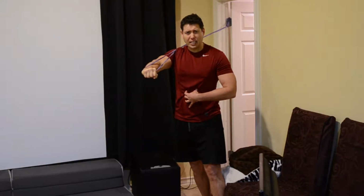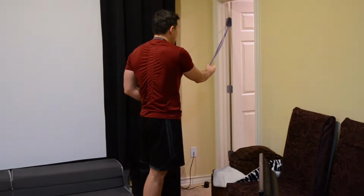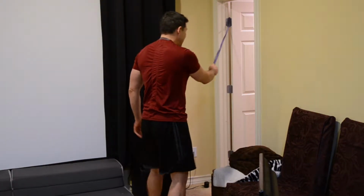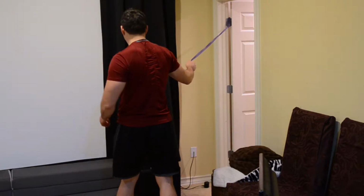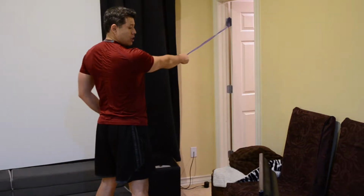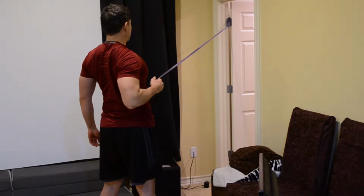Trying to keep that core nice and tight, activating your glutes and everything. All right, next, we're gonna flip around, and we're gonna do the same thing but with pull. Working our back muscles. Same thing, it's gonna wanna twist me with back, so I need to really combat that torque with my core. All right, so I'm just pulling, squeezing, get that elbow